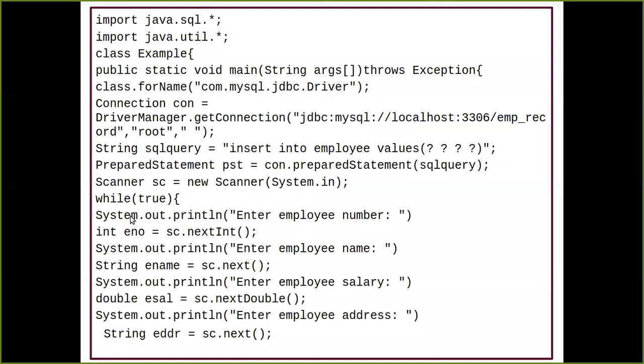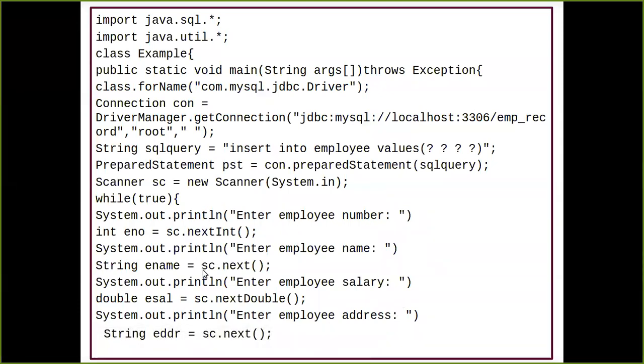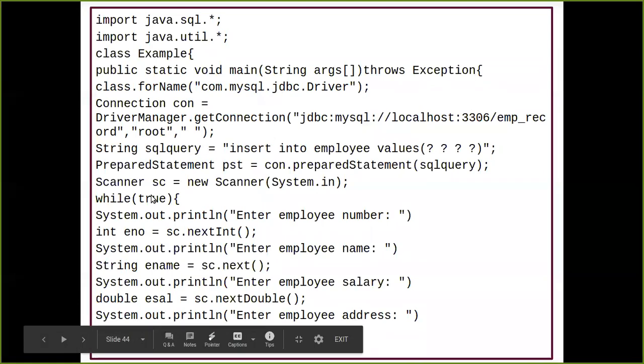Now we have a condition called it as what? True. So if the values are coming from the client side, if the values are being inserted from the client side into the given web page or into the given form where the fields are the employee number, the employee name, the employee salary, and the employee address. So there are total 4 fields I am having. If the user is putting the values, that's why we are saying that condition is true.